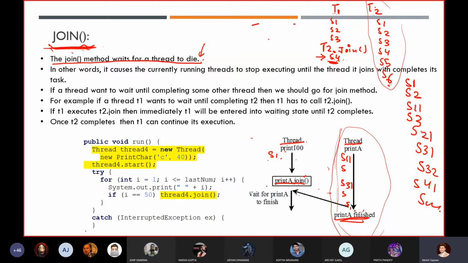Then in that scenario, after this particular statement in S3, we will directly write T2.join. Once we write T2.join, we will never execute statement 4 of T1 until this entire T2 thread gets executed, right? So using this join method, if we have some dependent things, some dependent threads,